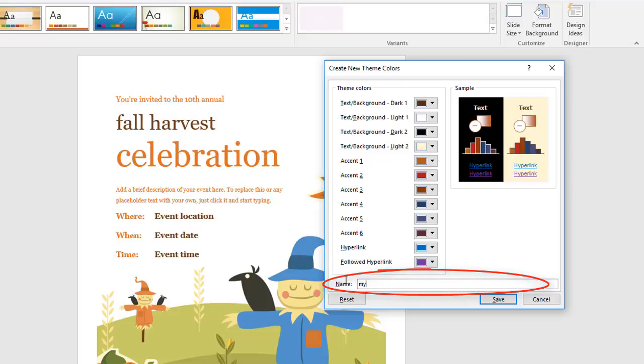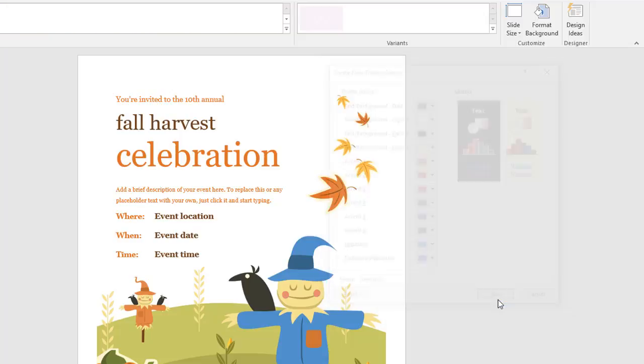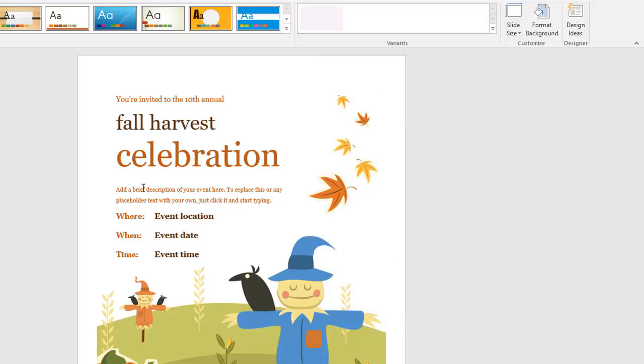Now I want to give this set of customized colors a name, and I'm just going to call this My Colors. And I'm going to click Save. And when I do, you may have noticed that the colors here all tended to change just a bit. If you didn't see it, roll back the video and just watch, and you'll see these colors all change just